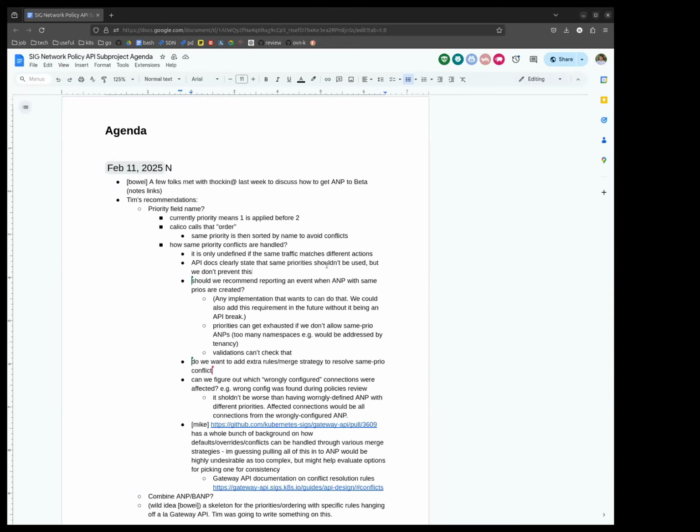I think when we were talking about that, we probably didn't have pass yet, because pass obviously introduces some confusion, and you end up with the problem of whether the very top level tier should be an allow tier or a deny tier. So there are other things that we can do besides priority, but fundamentally, if we want to have both allow and deny rules, and we want to have more than one admin network policy, then you need some rule for saying which policy is applied before which other policy.